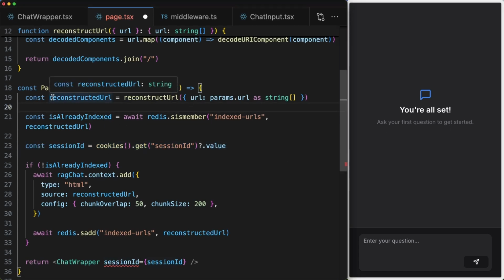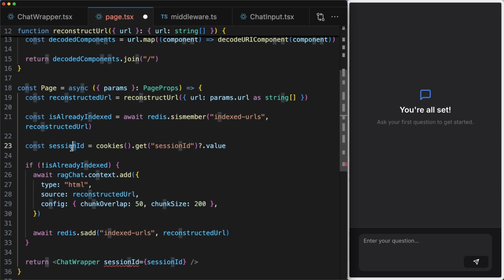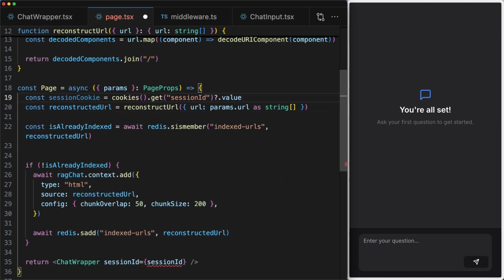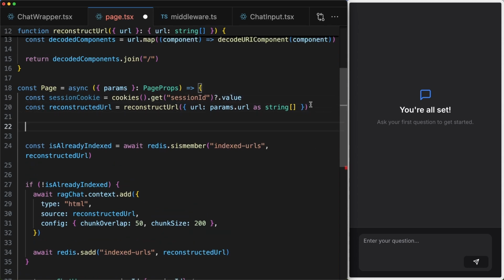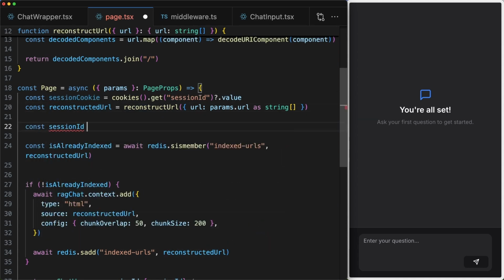So what we need to do is to construct the session ID based on the current URL, which is one website, and the user, right? Not either or. So instead of session ID, let's call this the session cookie. Let's move it up by holding Alt and pressing the arrow up and down. That's how I did that. And then let's construct the actual session ID out of the session cookie and the actual URL that the user is talking to. So let's say const sessionId is going to be equal to, and then in parentheses, the